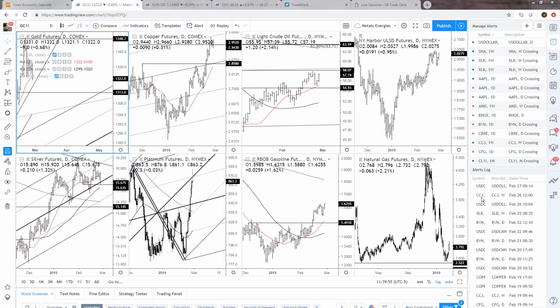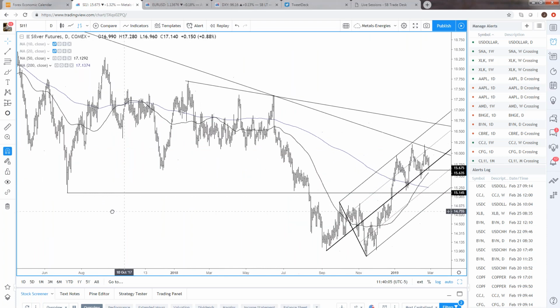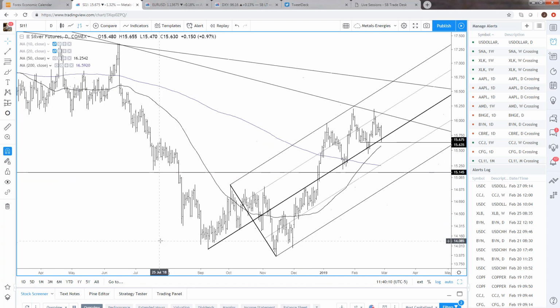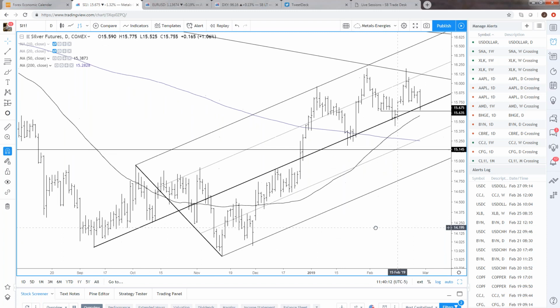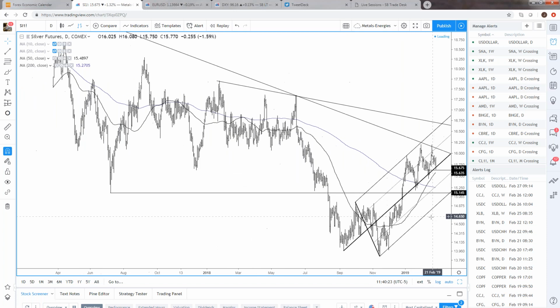Silver. Similar stuff here. I'm still thinking you actually have, kind of right here where we are, you could get a little bit of a bounce. But I would just follow, I'd kind of follow this fork, right? So one thing to watch for is,